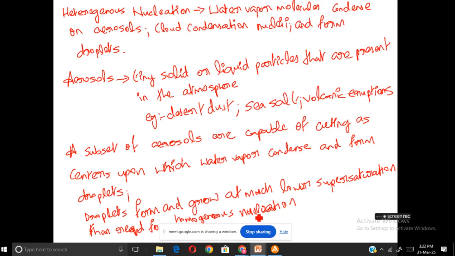So these particles that act as centers upon which water vapor can condense are basically a subset of aerosols present in the atmosphere. And this subset of aerosols that can act as centers upon which the vapor molecules can condense is basically known as cloud condensation nuclei. So three things. One is homogeneous nucleation, then heterogeneous nucleation, then cloud condensation nuclei. Three new terms we just